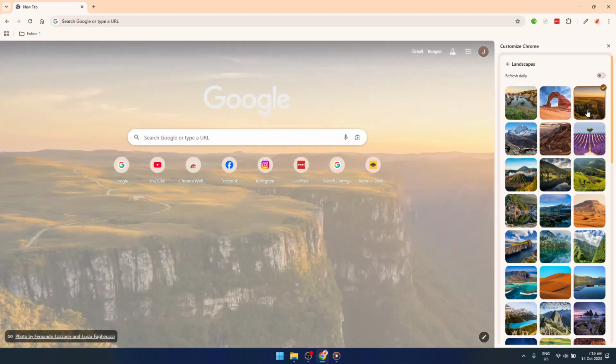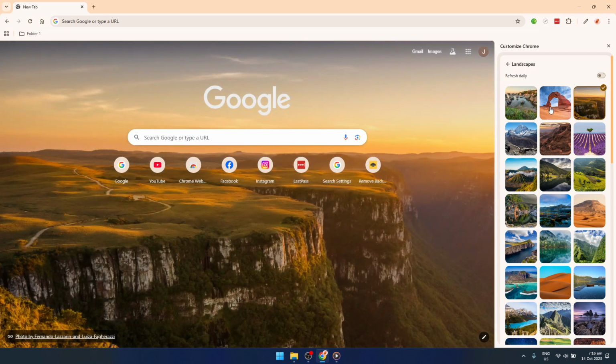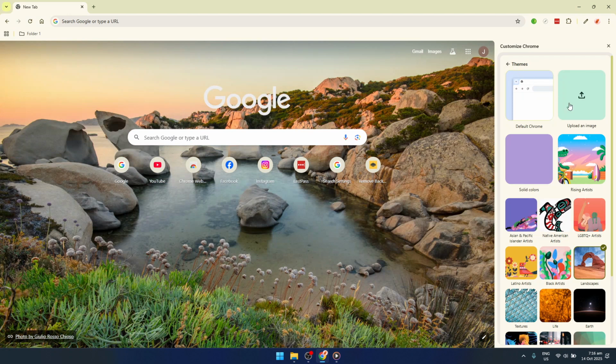If nothing catches your eye, you also have the option to Upload from Device. This handy feature allows you to upload a personal image from your computer, perhaps a favorite family photo or an inspiring landscape you've shot. After you've made your decision on which theme color or image to use, the process is